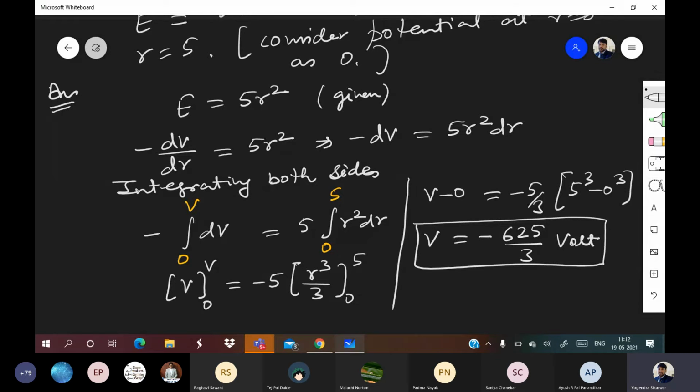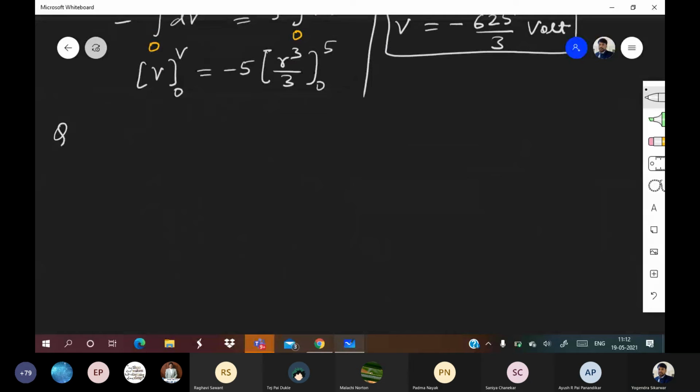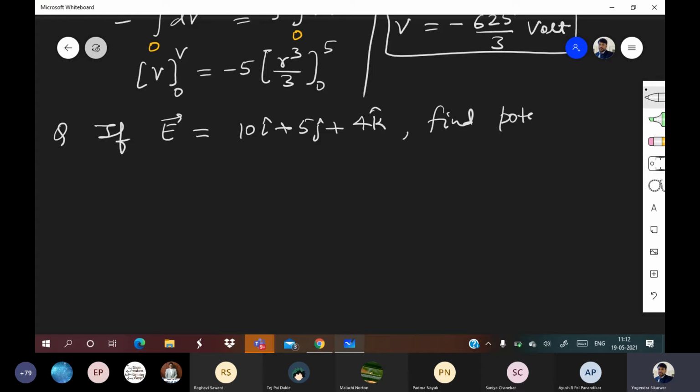Understood, everyone? Any doubt? Any question? So now as you have understood this, let me give you another question. So if E vector is equal to 10 i cap plus 5 j cap plus 4 k cap, find potential at